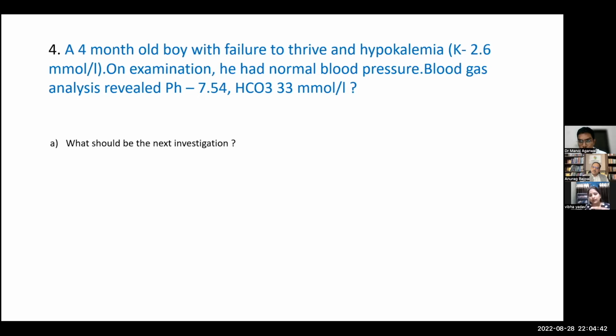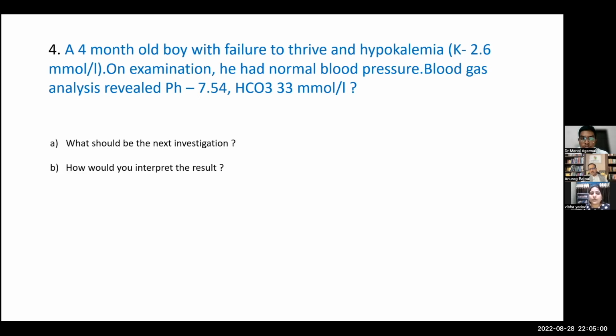If we don't do the next steps, it would be Bartter syndrome. Bartter will be the most likely because the onset is very early. Gentlemen, it is too early to present like this. Dr. Vidhu has already said urinary calcium. This is an important investigation. So urinary calcium would be done, which will tell you. So carry forward from there.